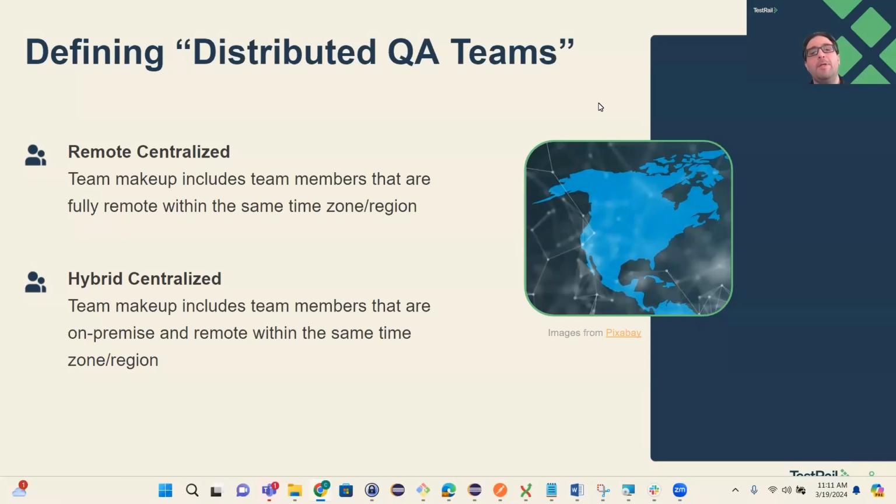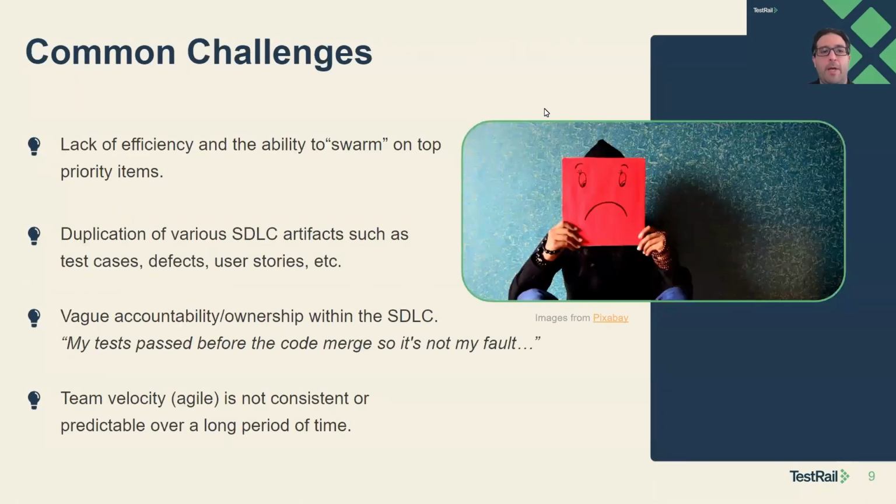And again, there's some rhyme and reason why I'm mentioning this. You can think about what kind of distributed team model that you fit in, but these are just kind of the four major ones that I could break up. So with that said, what are some common challenges? We kind of know some sampling or variety of what the team makeup, how they could be distributed, and what the different work models look like.